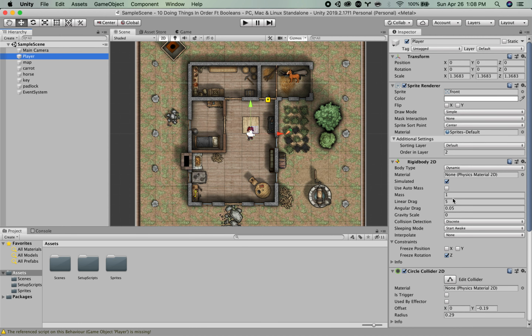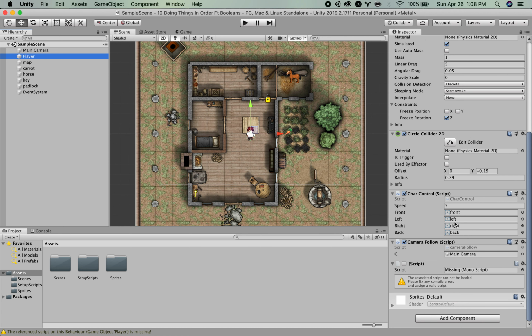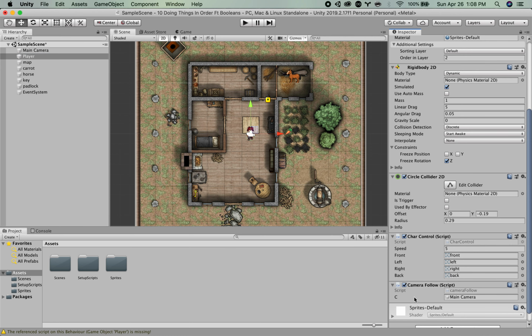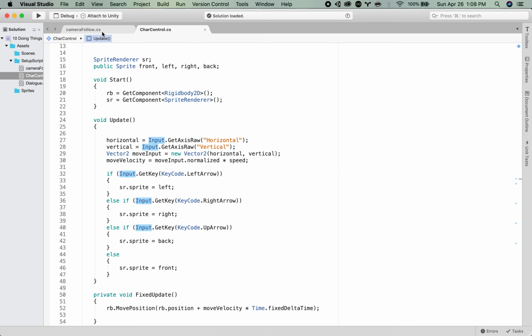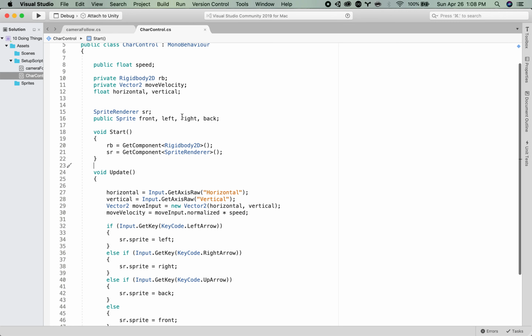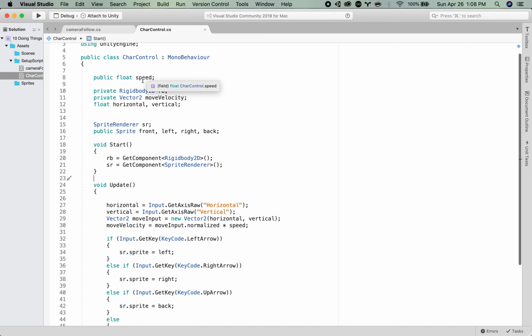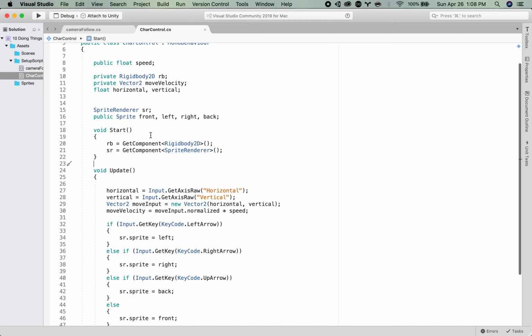So we have the player, just to start off with. There are two scripts on the player right now. One is the character control script, which covers the speed and which sprites are being shown, and then there's the camera follow script. If we look at those scripts, in the character control system, we are moving the character using the